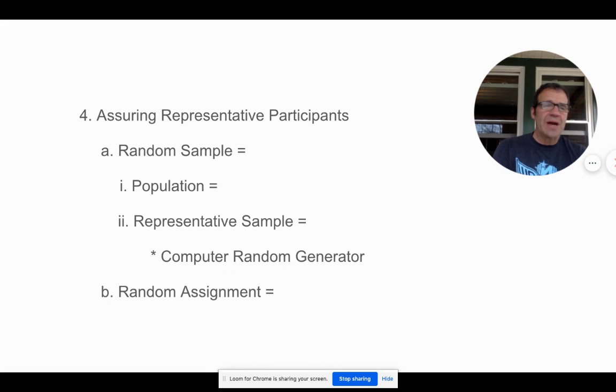In terms of their background, maybe the parents are dropping them off because they can't deal with them. Or maybe they're students who love school and they can't wait to get there. Well, we're beginning to see some biases in the type of person that their participants are, right? So we can't do it that way. So using a computer random generator for both the sample and the assignment is always kind of the safe